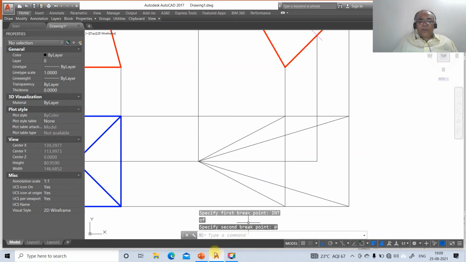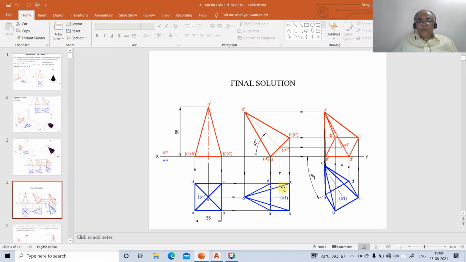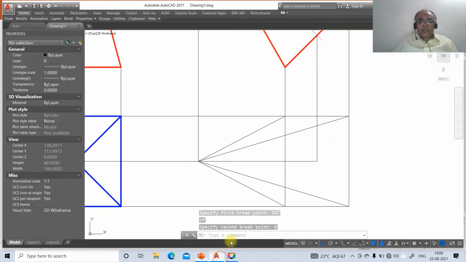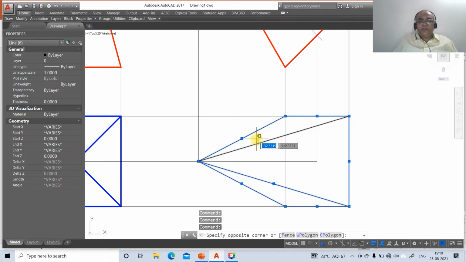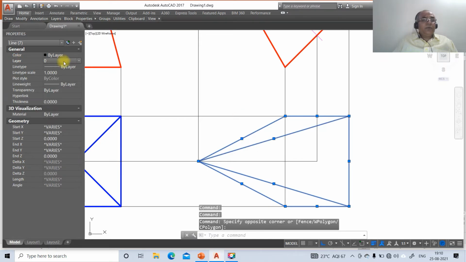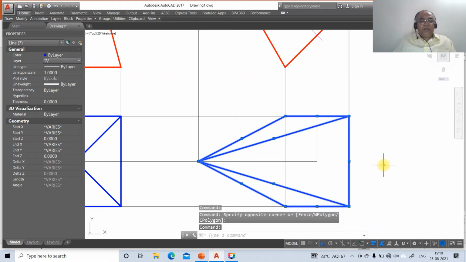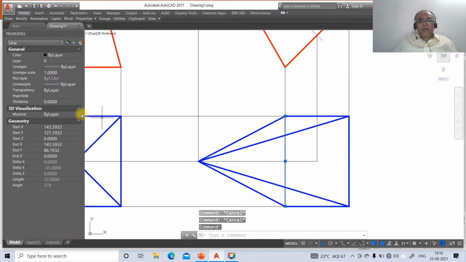Now we go for the top view, how to draw this. So all the exterior edges of the boundaries of the solids are visible. So you take this, you take this, and you take this, and you take this. And these two edges are also visible because the surface near to the observer is visible. Then go to layer, take top view now. Then you just click on this line. The edge or a corner which is on XY line in the front view is always invisible in the top view.